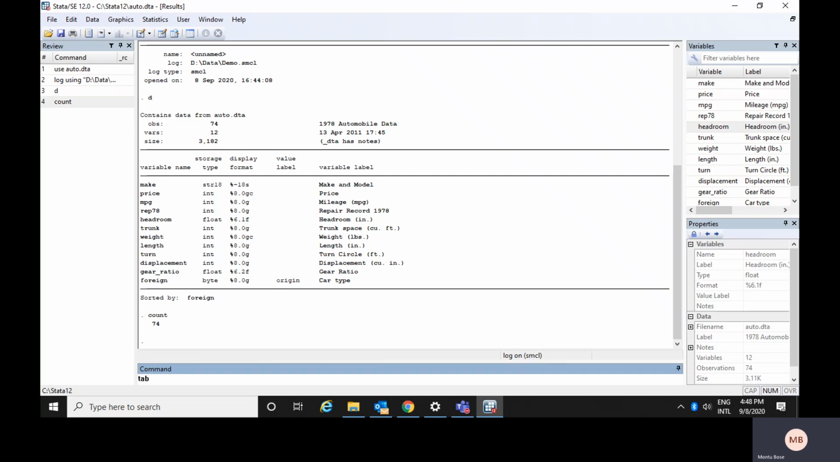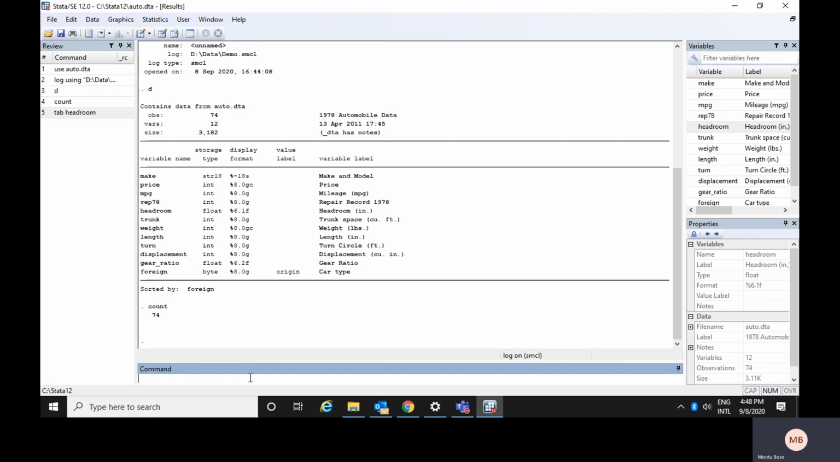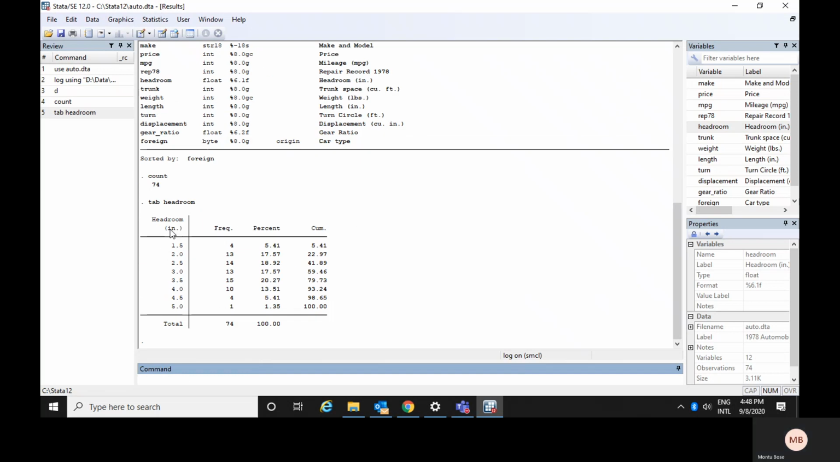If you write TAB, then space, then any variable, suppose I'm using the variable headroom, and then enter, you could see for different observations of headroom like 1.5, there are 4 observations, 2.0, 13, like this, 74 observations are distributed like this. This is the frequency, this is their percentages, and this is the cumulative percentages. Cumulative percentage means this is 1.5, 5.41,